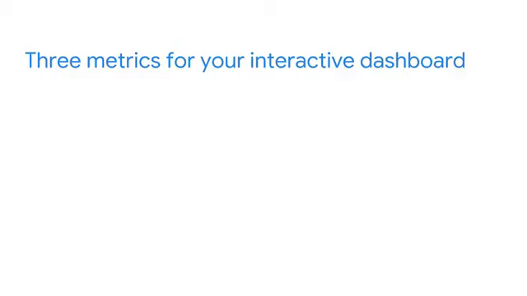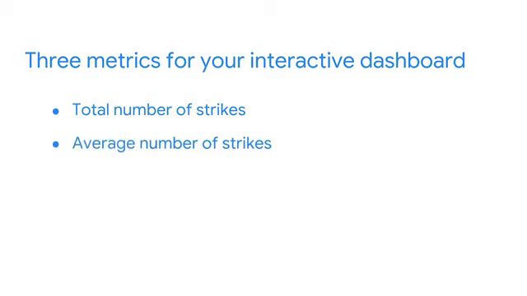For the next worksheet, you will create a list of 3 metrics that will change on the dashboard whenever a year is selected. The 3 metrics are total number of strikes, average number of strikes for each location for that year, and maximum number of strikes in any location. This worksheet will differ from our other visualizations. It will be text rather than a bar chart or line graph. It will sit to the side of the interactive map and update whenever a new year is selected.